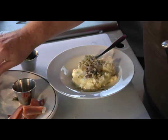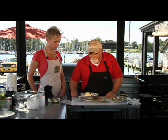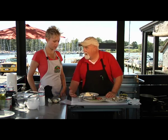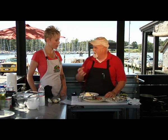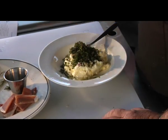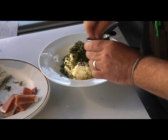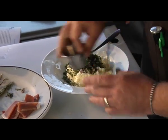Great. Now, I'm also using fresh thyme, fresh rosemary, and a little bit of basil today. That's what I have today. You can use tarragon, believe it or not. The sweetness of the tarragon really comes up. It's really nice. And just the herbs. And a pinch of salt. You don't want a whole lot of salt because there's nothing on the planet saltier than this